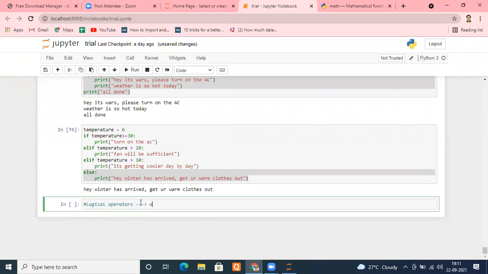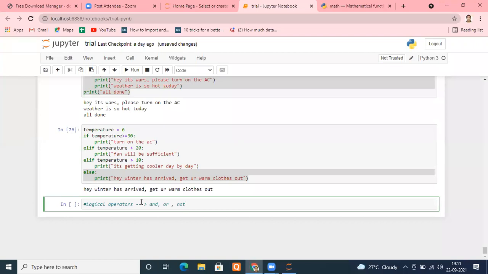There are 3 logical operators here: and, or, not. And if everyone is from an engineering background, then no problem with that.